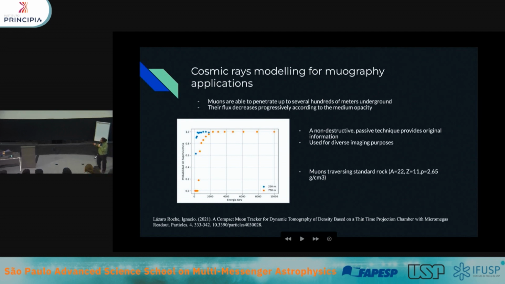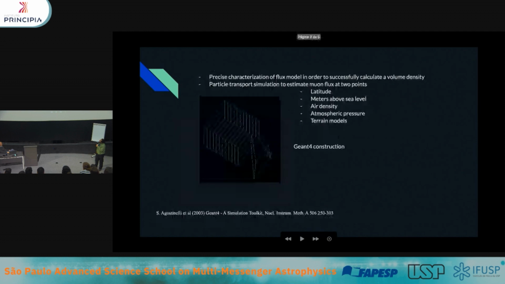Just a picture to understand how this works, and obviously in high energies, most of the muons will cross. And the next one, please. So what's expected for me is to develop simulations, and it's easier for me as I learned Geant4, and I have to take into account many characteristics,